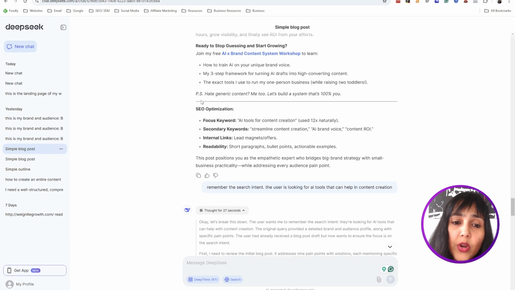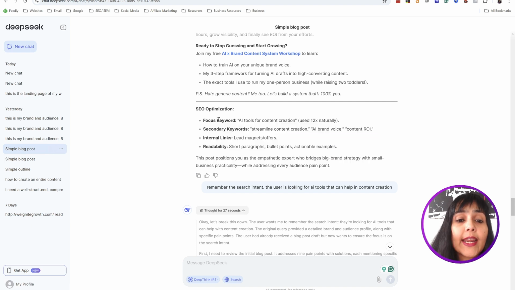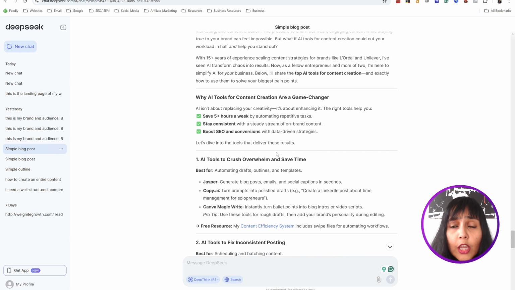Okay, and then what I really, really like in Deepseek, and ChatGPT does not have that, is that for SEO content, it actually tells you the focus keyword that you've given, the secondary keyword that is used, internal links that it has added, and the readability that it has done. So it actually helps you create a blog post while already telling you what keywords it has used and how it has made it more SEO friendly.